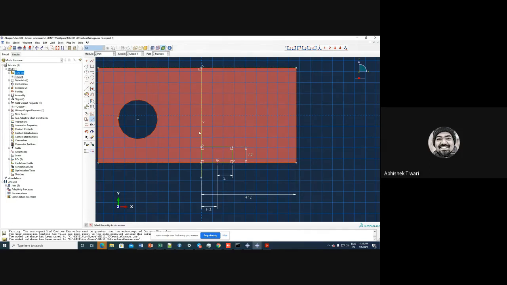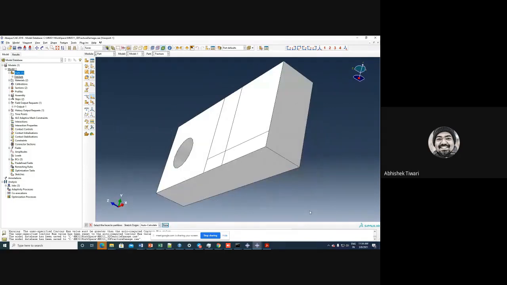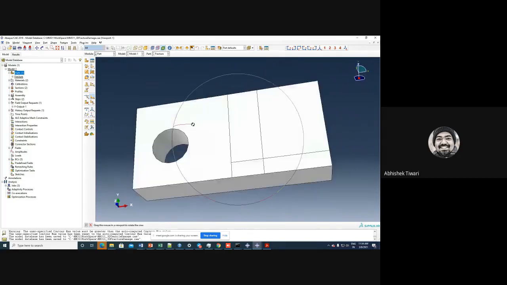And I think it should be it, or I should partition it. So let me partition it like this. Why is it not getting horizontal? So yeah. So let me partition it like this. Also let me partition it like that. Okay, all done. So this is just on the face. I have to make it also in the whole body.